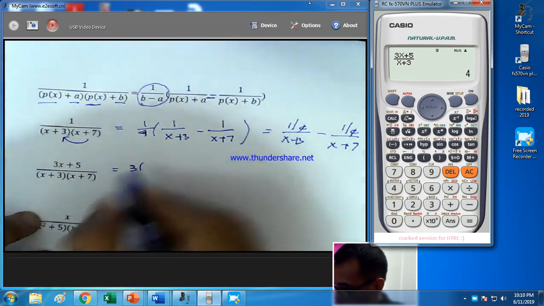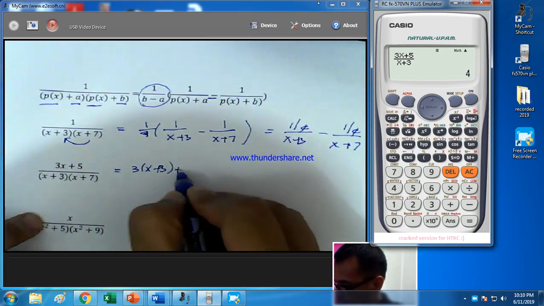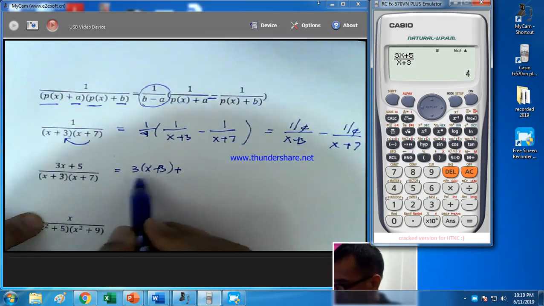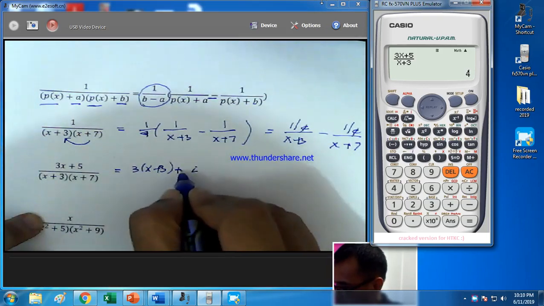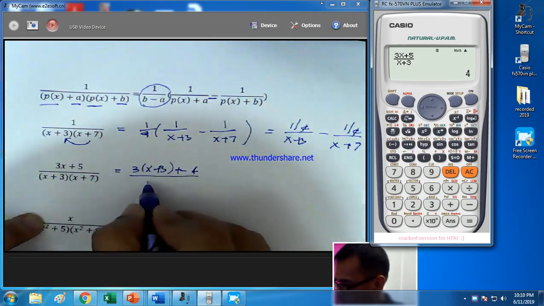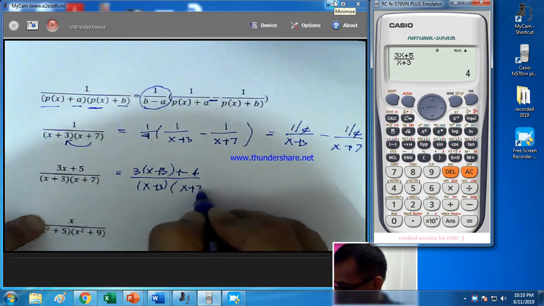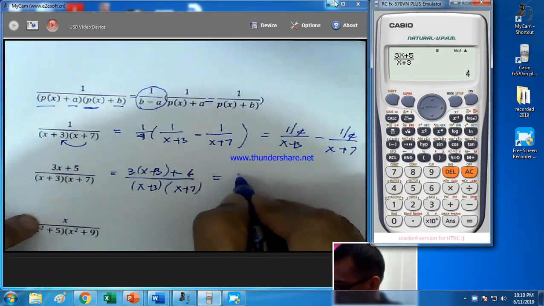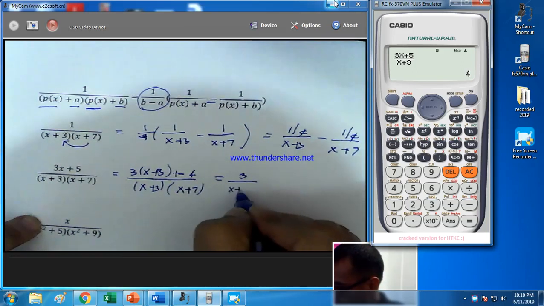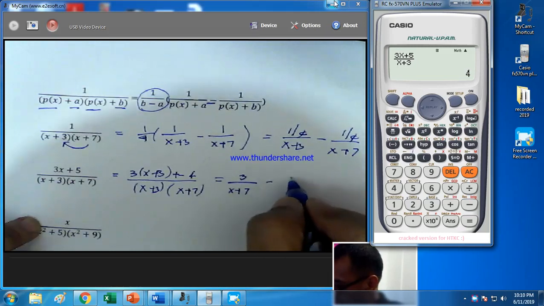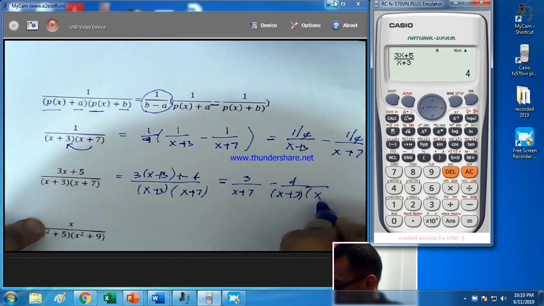Let us make this 3 times x plus 3 plus 9, since 3 times 3 is 9, so what remains is negative 4 over x plus 3 times x plus 7, and this will become just 3 over, notice that x plus 3 will cancel out here, x plus 7, and then minus 4 over x plus 3 times x plus 7,